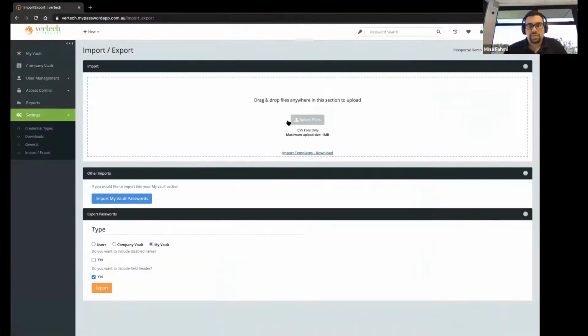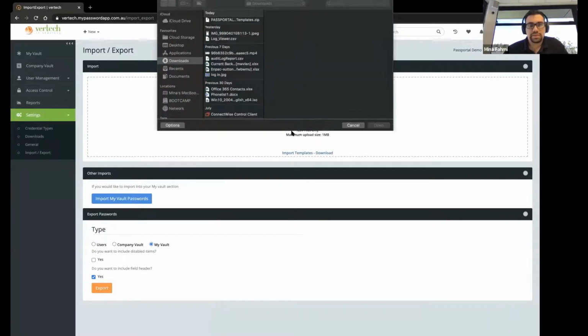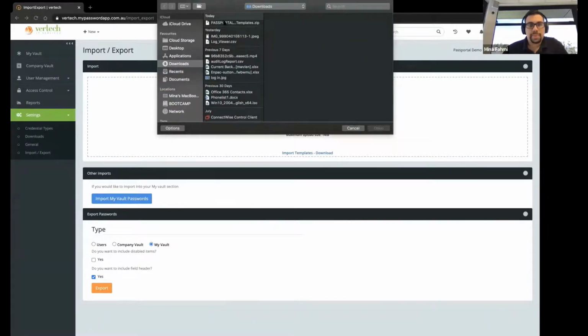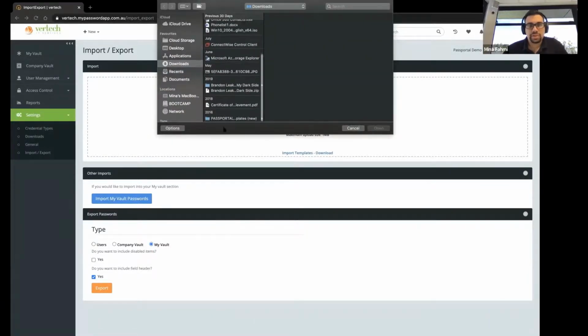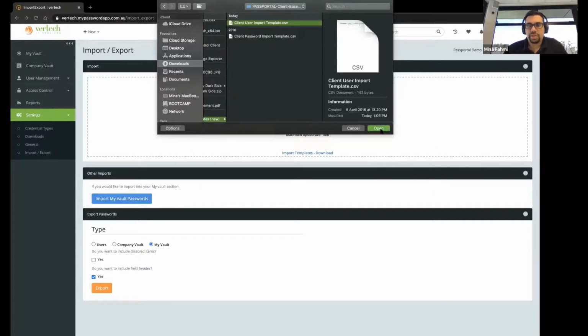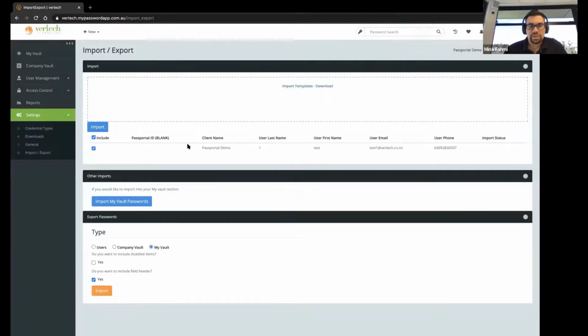And then you can just go back here, click select a file, browse to the folder where you've saved, and then this is a user import. We just click open. So it shows us that it's going to import one user with the last name of one, first name test, and this email, this phone number under the client name called Passportal demo. And if we click import,